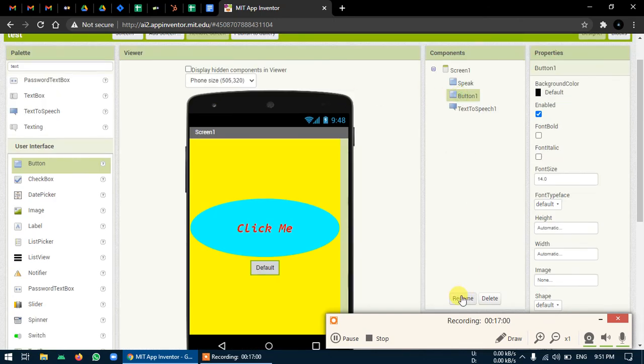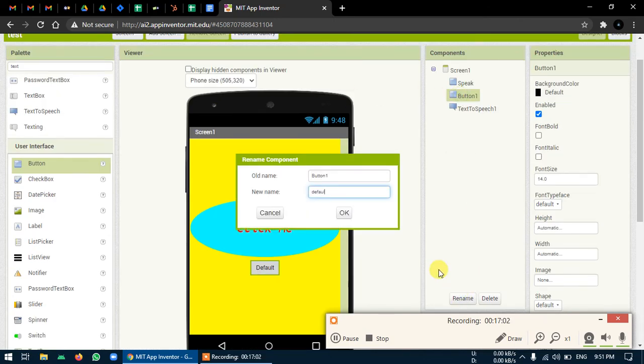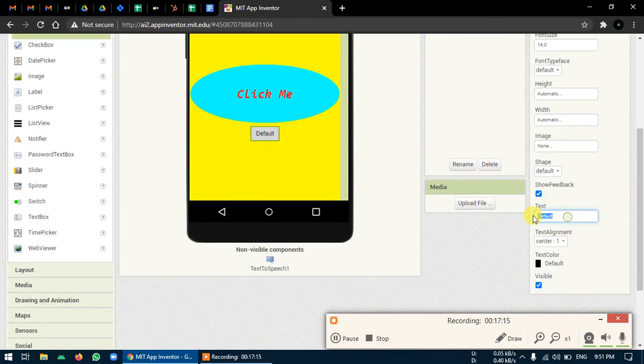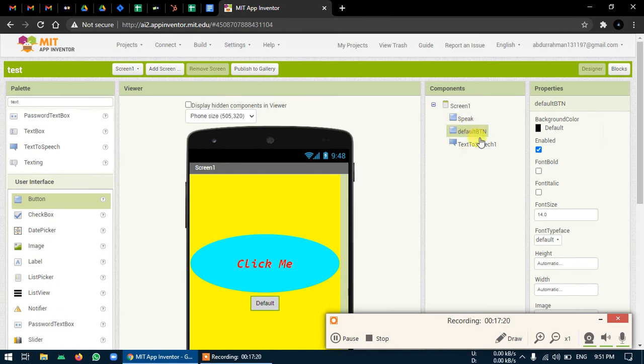Let's name this default BTN. This is for your code reference, your block reference. But whatever you change in this property section, this text will be directly visible to the user. Okay, now we have the default button.